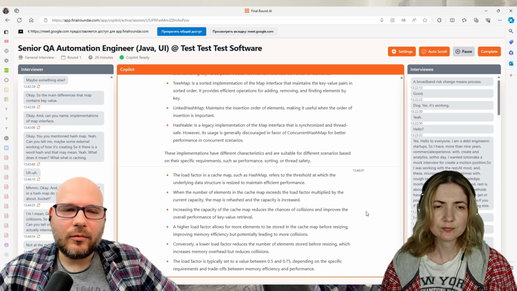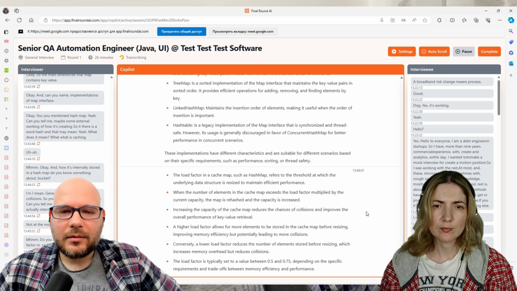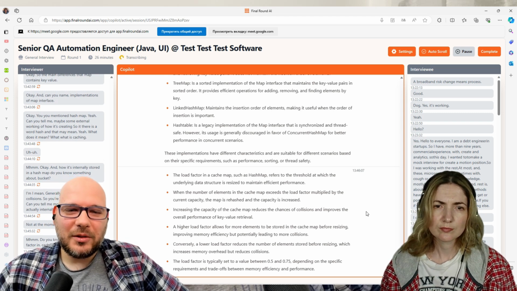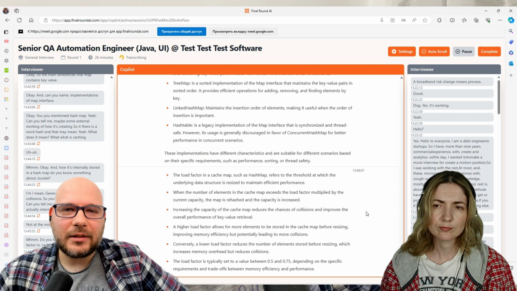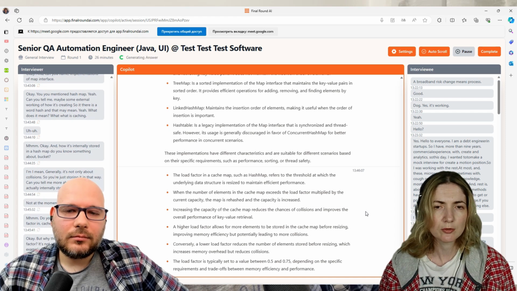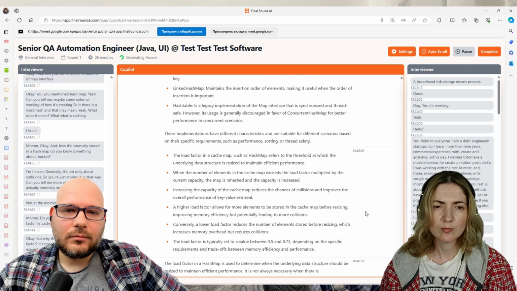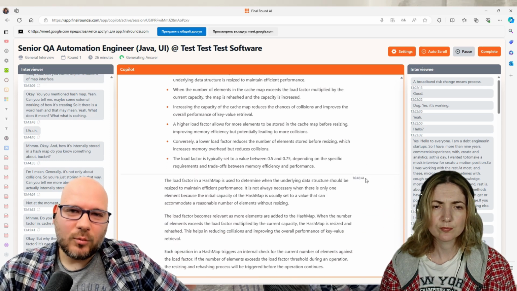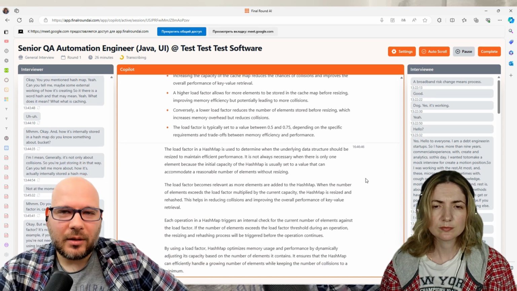Okay, but why are we using that load factor? It's not always used. For example, if you have only one element, you probably don't need it. In which case do you use the load factor, and with which other operation does it actually start working? Maybe when you want to maintain efficient performance of your collection. Actually, it's more about when you are putting in more and more elements, so you need to increase your capacity.